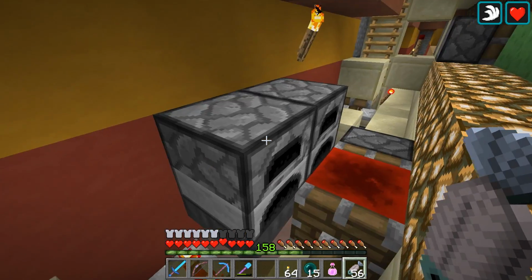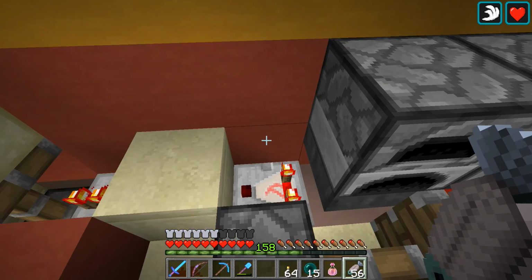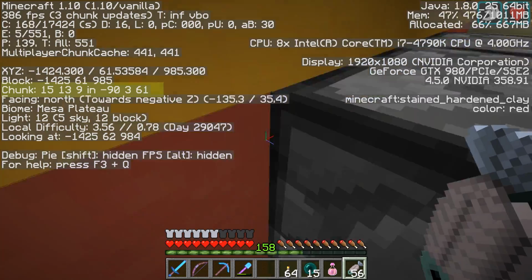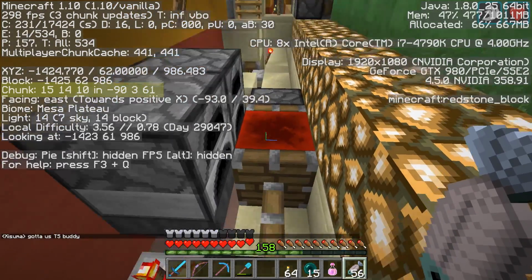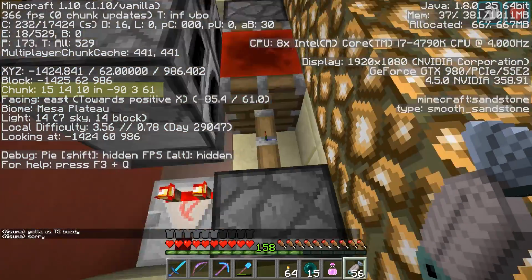I was thinking about what could cause that, and I thought, you know what, chunk unloading could be a problem. If we look at this, on the left-hand side of the screen, about in the middle of all that debug data, it says chunk, 15, 14, 10 in -9, 3, 61. Now watch that as we walk across the timer here. Right there it goes from -90 to -89. That means we're actually crossing a chunk boundary in the middle of this hopper timer,